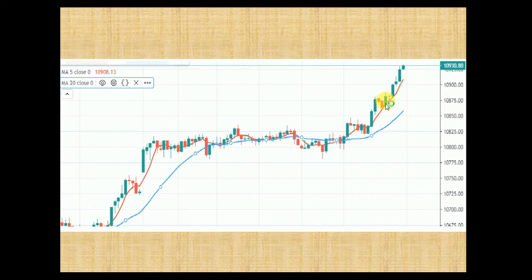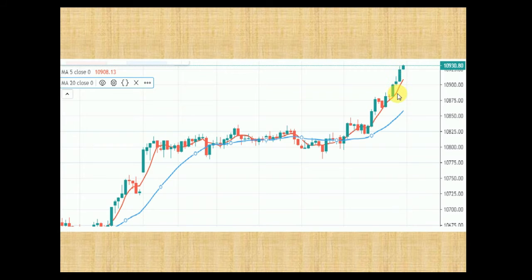Like this, one candle forms in 5 minutes, and this red line is basically the 5 time period moving average. So how are these lines formed? Let us see here. For this particular candle, the moving average ends here at this level of 10,902 or somewhere. How does this line reach here?